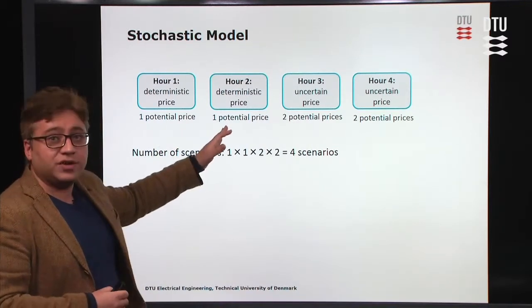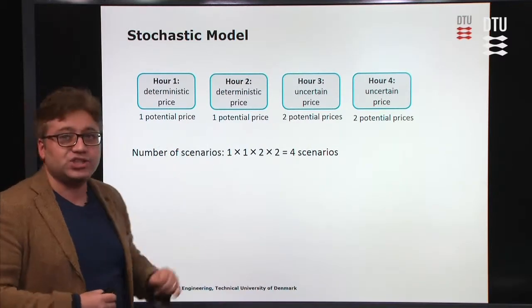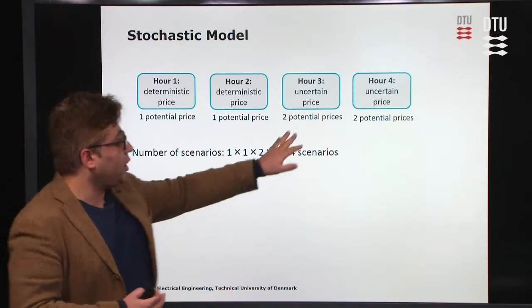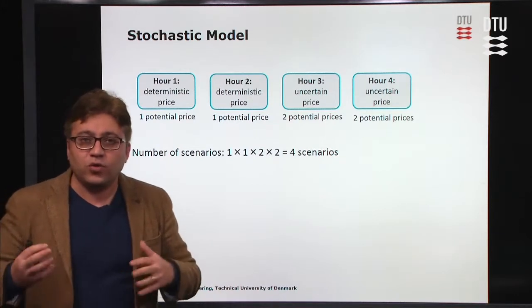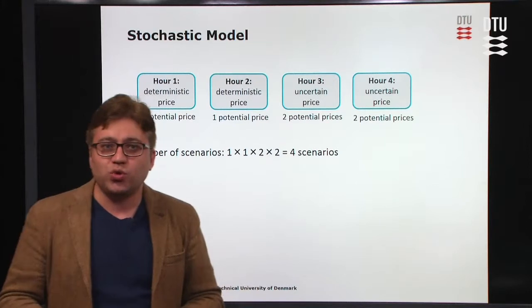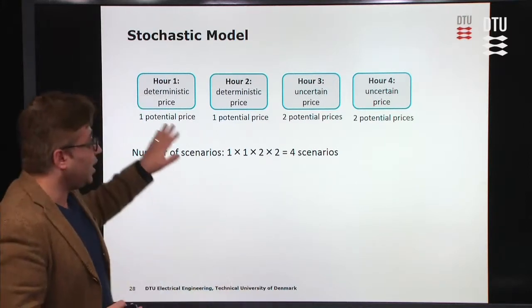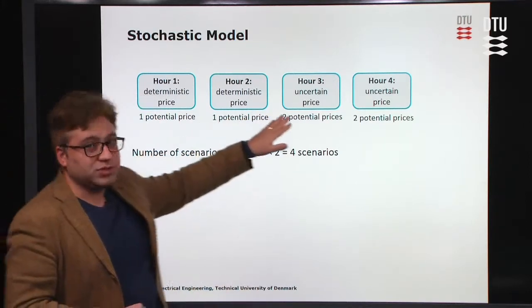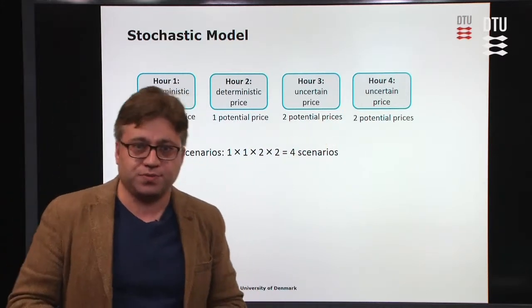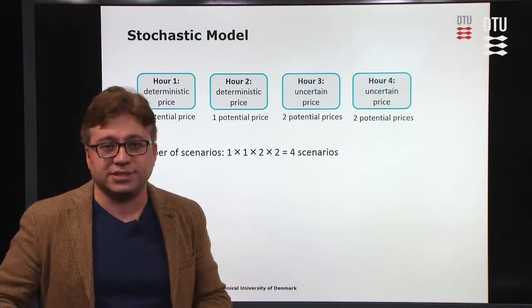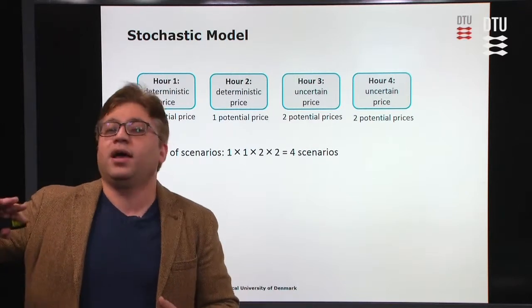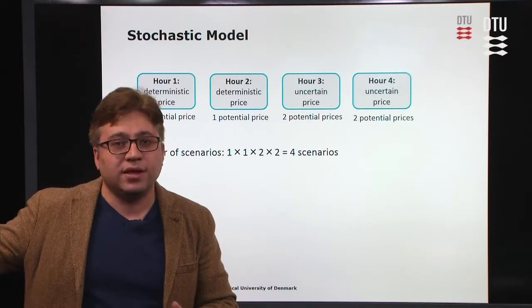For the first 2 hours, we have only one potential price for each hour, but for the last 2 hours, we have 2 potential prices. So how many scenarios do we have in general? It's 1 times 1 times 2 times 2. We have 4 scenarios for future prices,